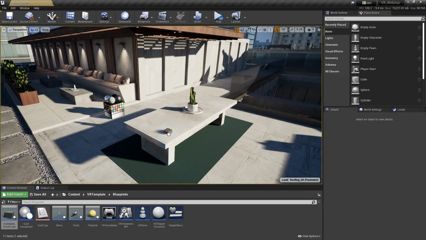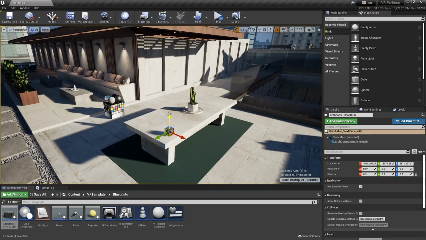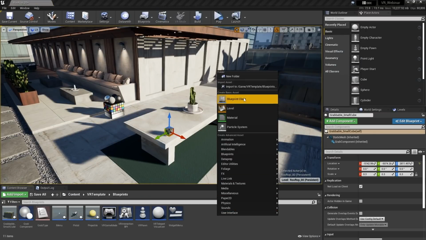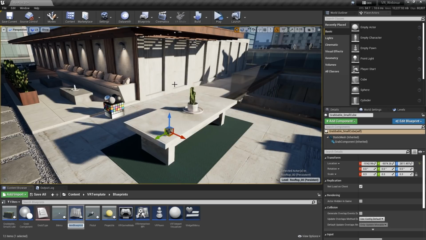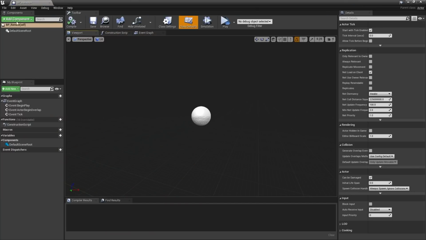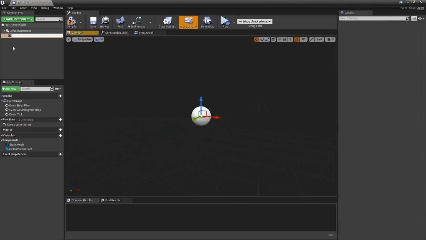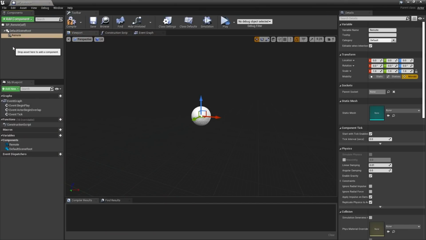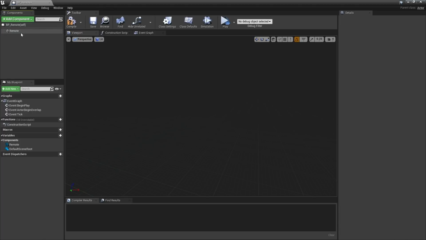The VR template comes pre-configured with actors that can be grabbed. Let's go ahead and create our own. Blueprint class, actor, let's name this BP remote. Let's go ahead and add a static mesh component. We'll name that remote as well. And then let's replace the default scene root with our static mesh component so that this is now the root